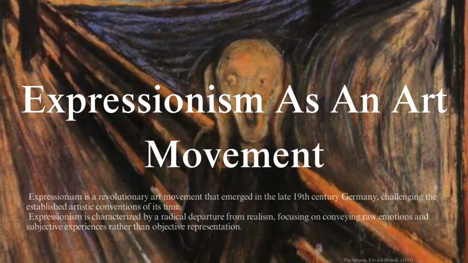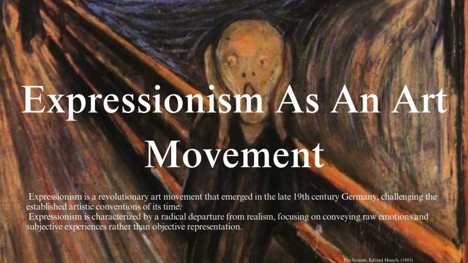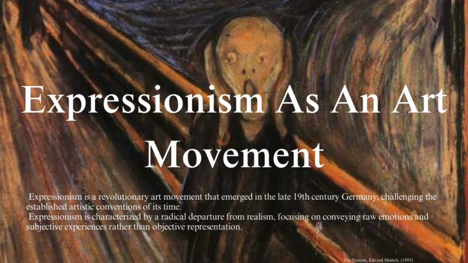In order to understand Expressionism, we have to start by exploring what it meant as an art movement. Expressionism is a revolutionary art movement that emerged in late 19th century Germany, challenging the established artistic conventions of its time, namely Impressionism and Post-Impressionism. Expressionism is characterized by a radical departure from realism, focusing on conveying raw emotions and subjective experiences rather than the objective